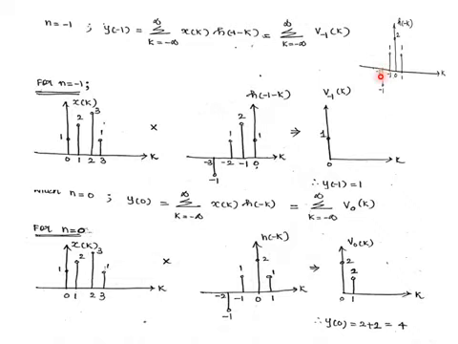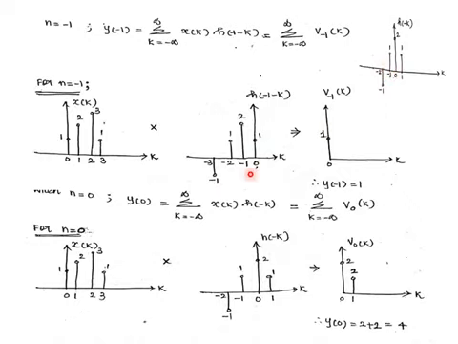And the one which is at k is equal to minus 2 will now be shifted to k is equal to minus 3. This is how you will be performing left shifting of h of minus k by one sample, one unit. So now this value of 1 which is at k is equal to 0 will now be shifted to k is equal to 0. So at k is equal to 0, its value is 1. Like this, all the sample values will be shifted by 1 unit towards left.